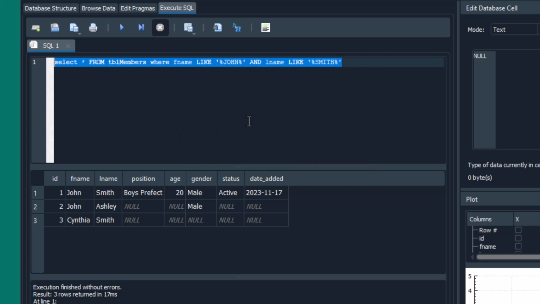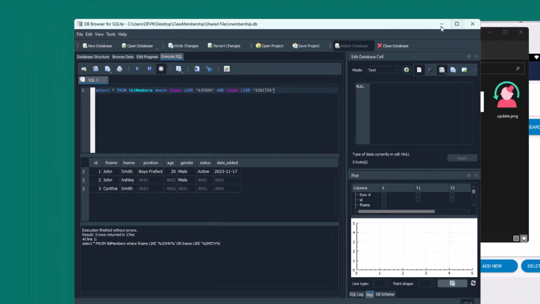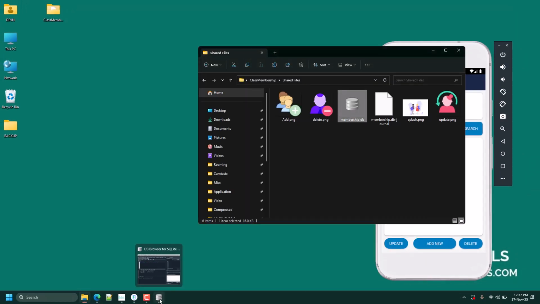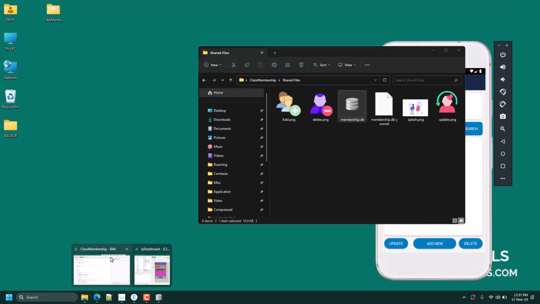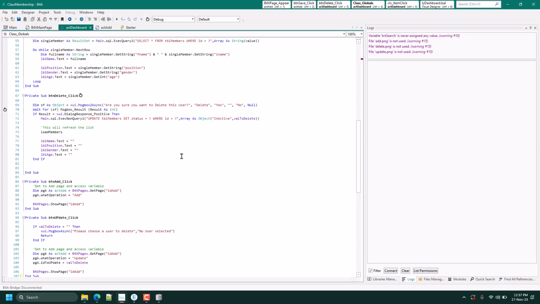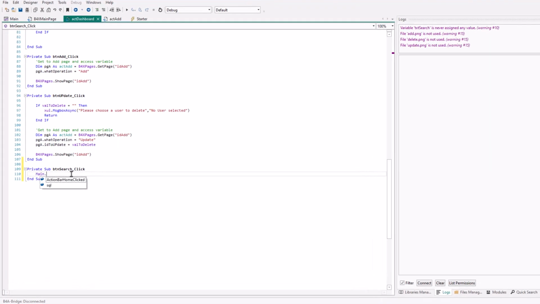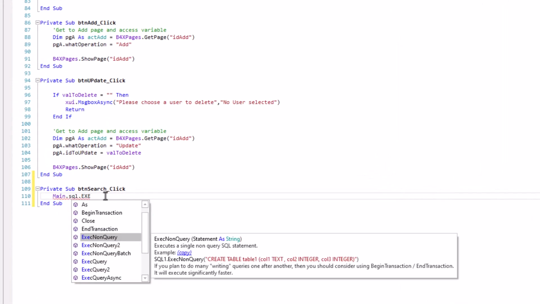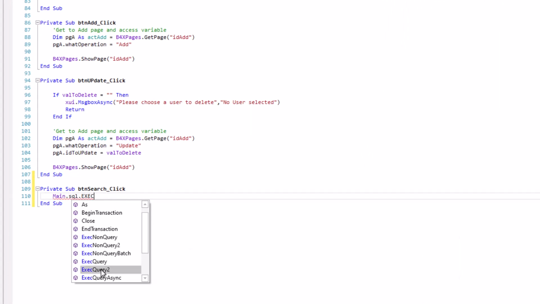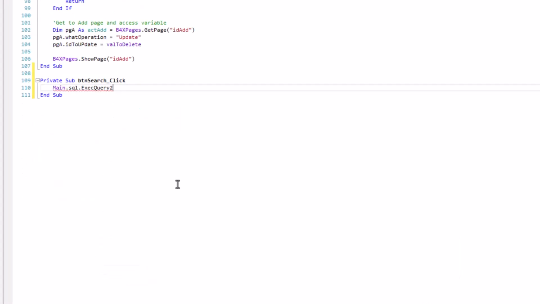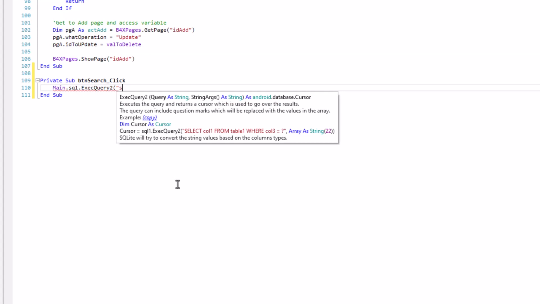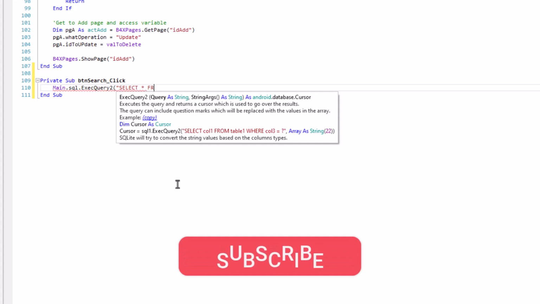I'll copy this and going back to the code. So in the button search, paste.